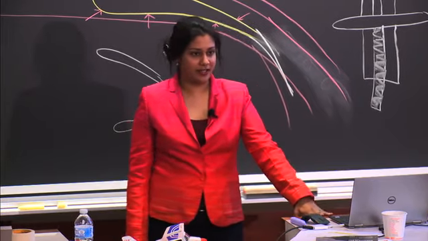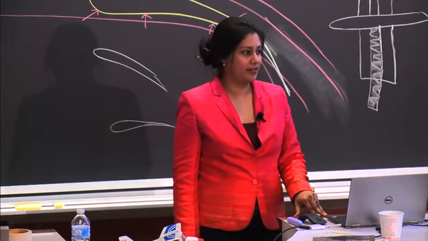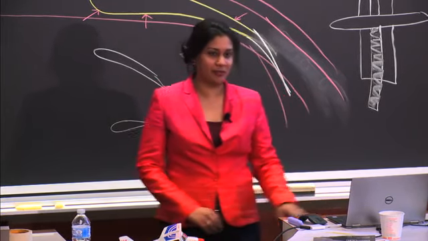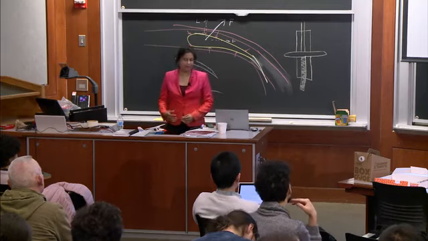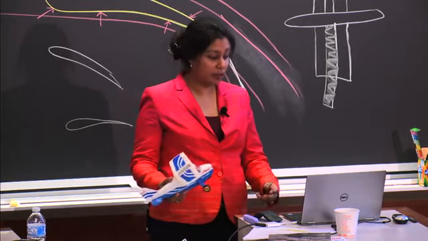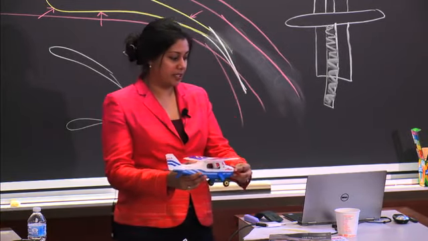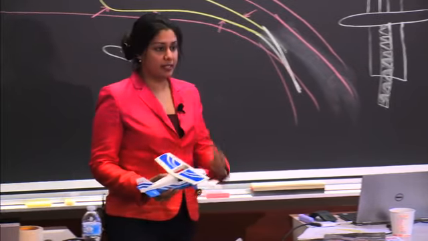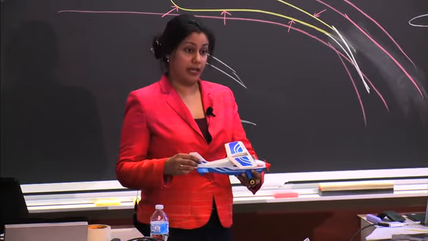Okay, ground effect. Does anyone know what ground effect is? Only a couple of you. All right, so let's talk about it a little bit. Basically, when you're very close to the ground, within one wingspan of the ground, some of the airflow going on with your airplane is blocked by the ground. And so your induced drag decreases. With the induced drag decreased, your airplane can become airborne at a lower speed than it's supposed to. So what you might notice is that when you're on the runway taking off,